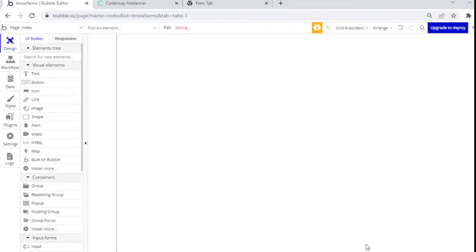So now we're going to go into creating the front end, and basically start designing the application and working with workflows and things like that. And the first thing,